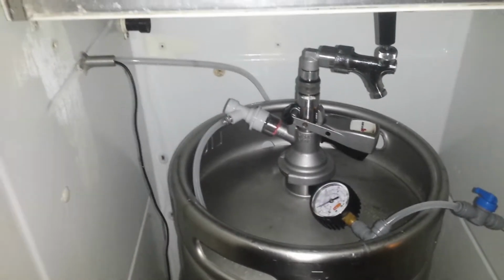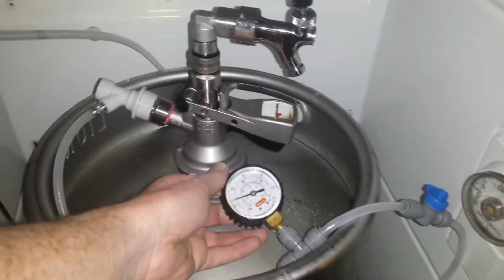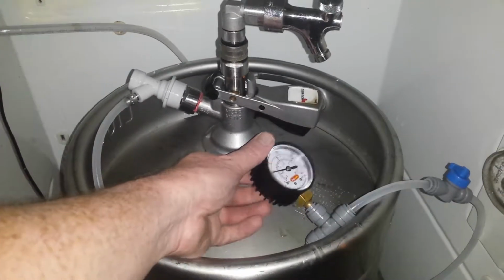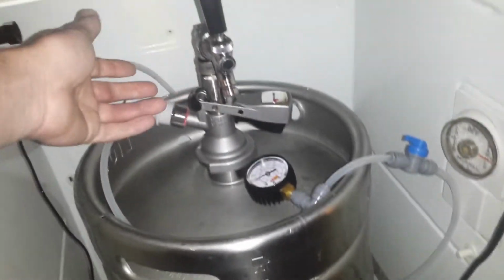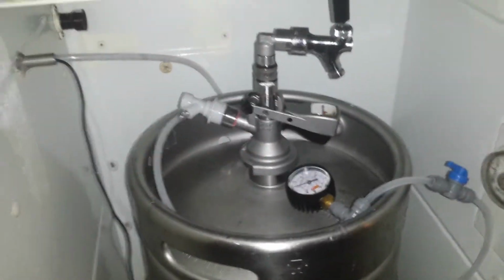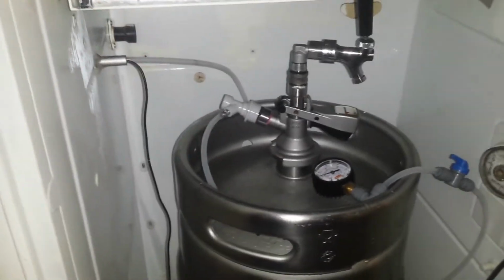This is in reference to RO water. And the other thing I've done on the gas bottle, I've just got that secondary. This is working as a check valve, and it's got a bit of beer on it, because that's what I pour from. Twist it, pour it into a jug, and just push it back the other way. So that's what I came up with, because a mate had given me